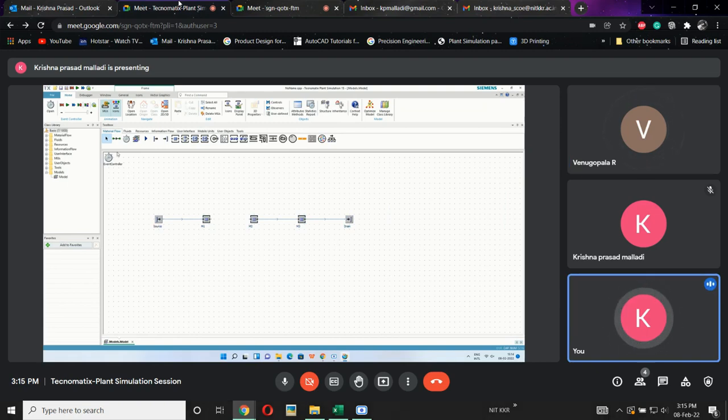One more thing with this connector is that if there is a machine, then only it will connect. If a connector is there and I am trying to connect in the air, it won't connect. It will be enabled only if you click on a machine. Even in the air, if you try to do this, it won't be enabled. So for ending it, you need to press right click. If you press right click, it will be disabled, because there is no proper output, no proper machine to reconnect it. That is why. So, in connection and end connection. Done.